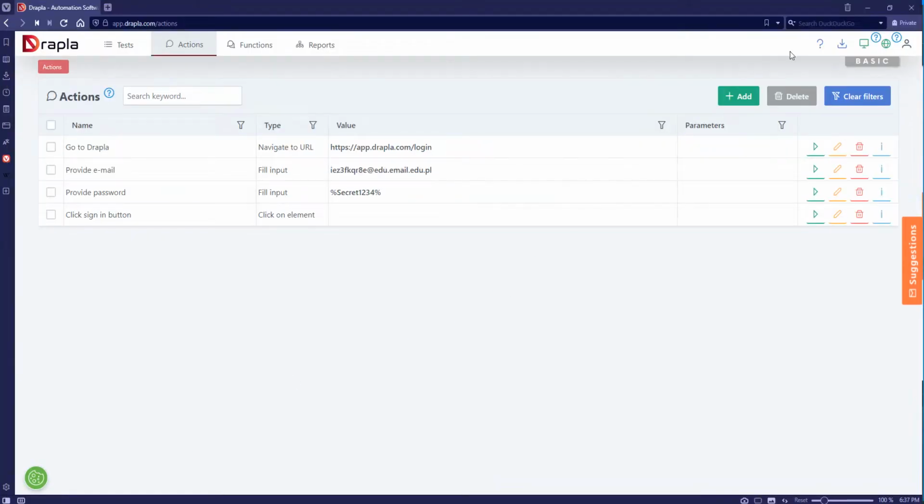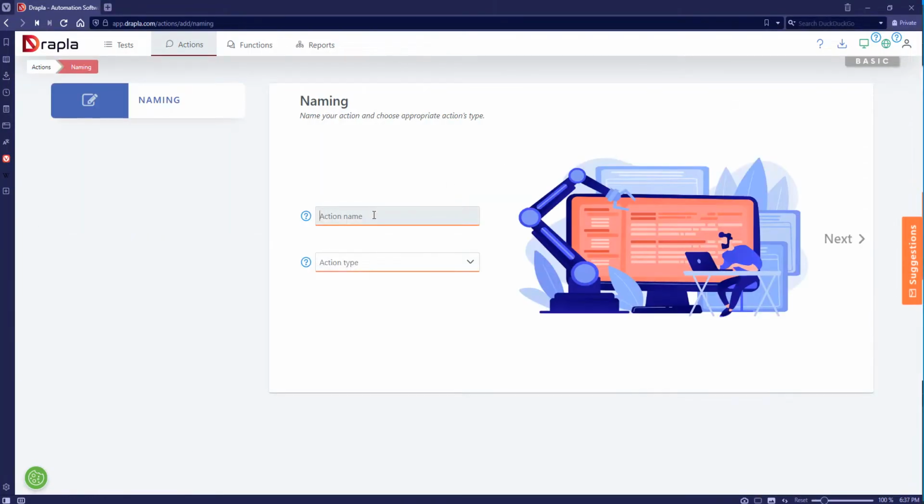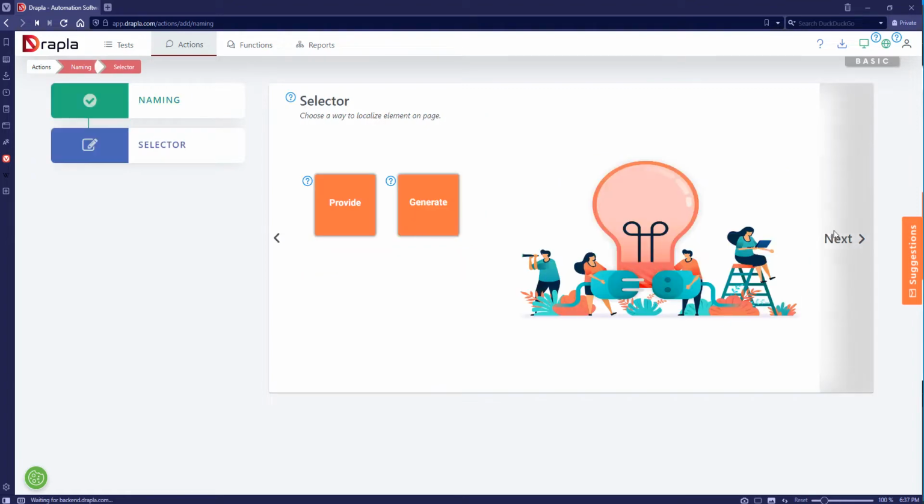Let me show you how it works. So again, action name, it can be click actions button. Action type is of course click on element, then press next, and we can use the generate experimental feature, then press next.